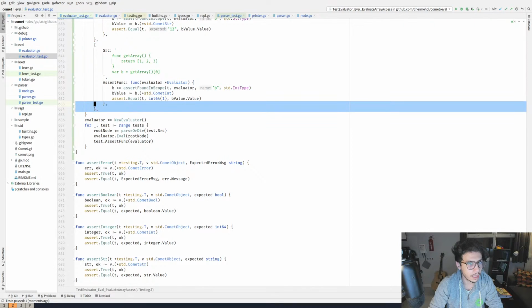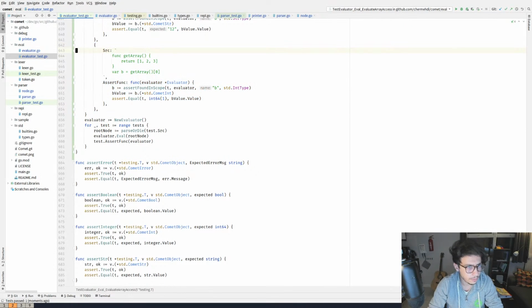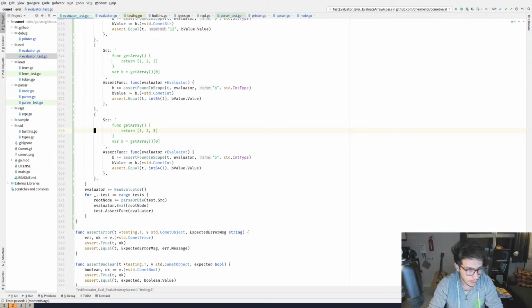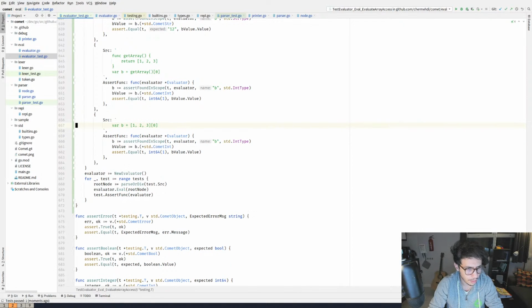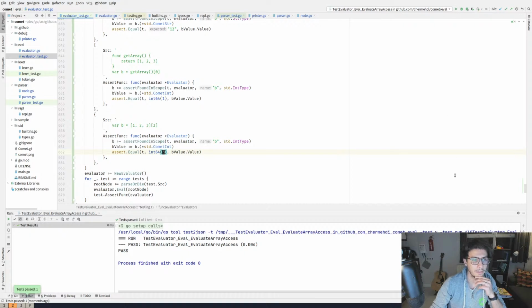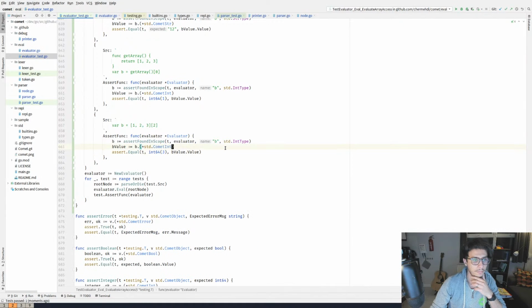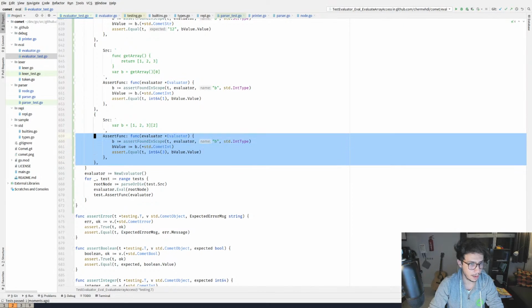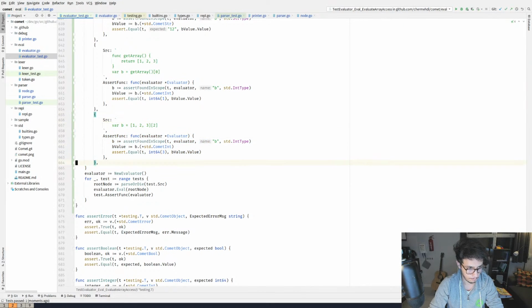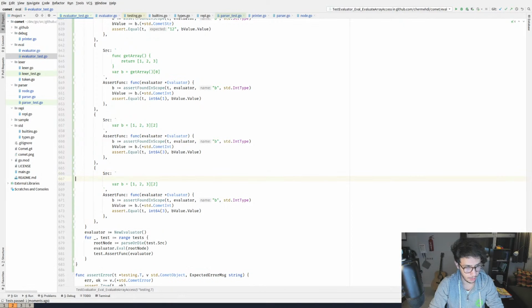Now I guess this is the extreme case, to have nested accesses. So let's do 1, 2, 3 of 1. And this time let's make the value be 2. And the value should be 3. All right, this works. Okay, so how about having a huge nested array?